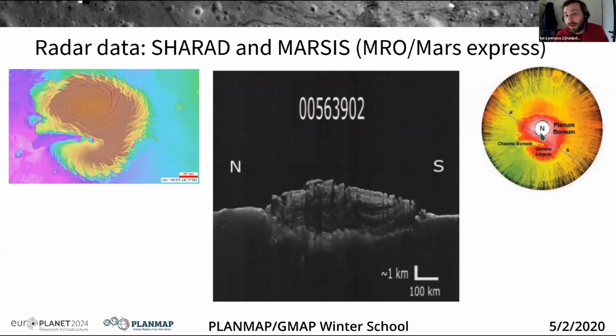There is a small portion of the polar caps that has never been investigated because of the tilt of the orbit of the orbiter. But of course, most of the polar caps have been probed with this underground probing radar